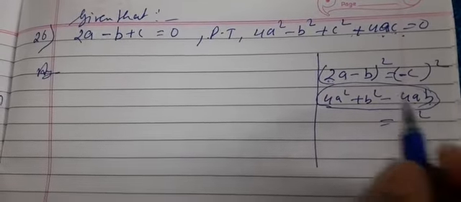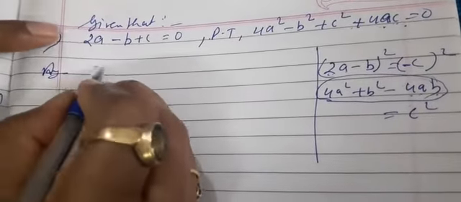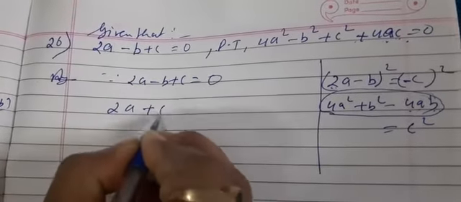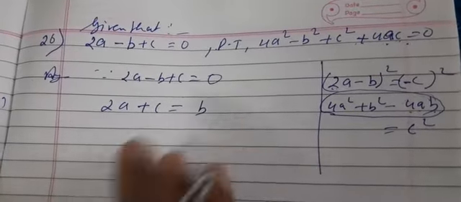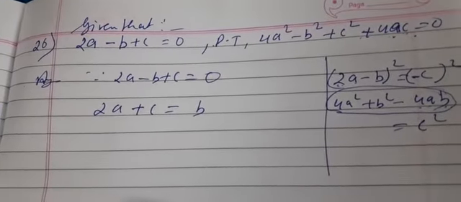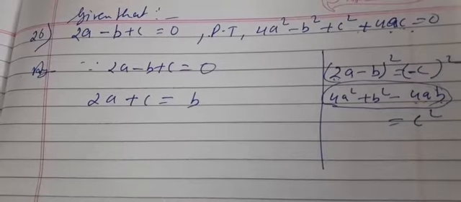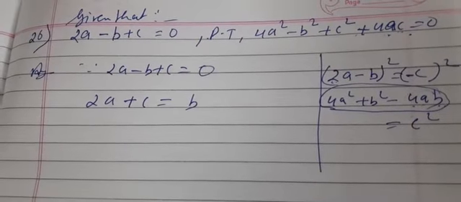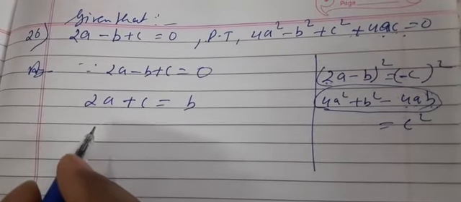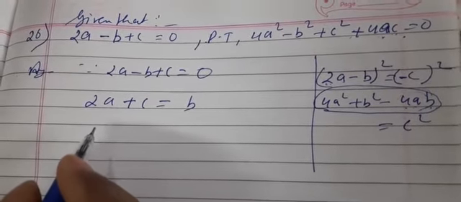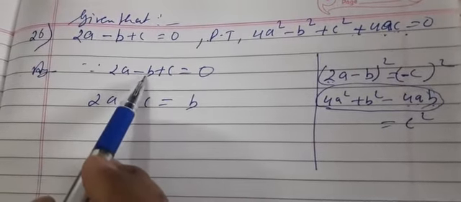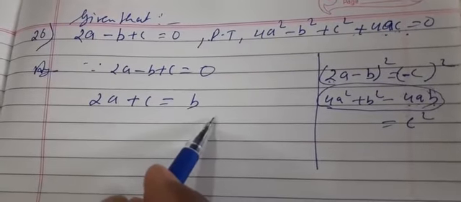Okay, so what we are going to do, since 2a minus b plus c is equal to 0, so 2a plus c is equal to b. That's why the correct way of learning mathematics is the trial and error method. When you are doing all those things, then you will become smarter in mathematics. Reach your answer in your own way, but that should be correct. So what I did, I transferred b from LHS to RHS, right?